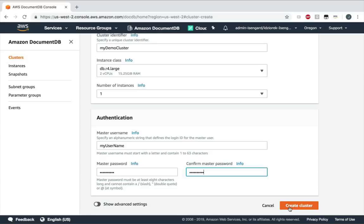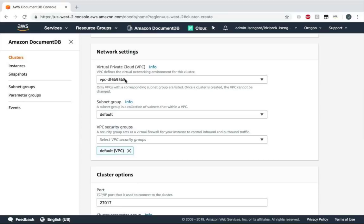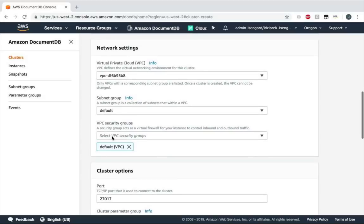And we can create the cluster, off to the races. We can also look at the advanced settings here. And there's a couple of things I want to point out. One is that we deploy the cluster within your VPC, right? So I'm going to choose the default VPC for this region for me. And we also select the default security group for